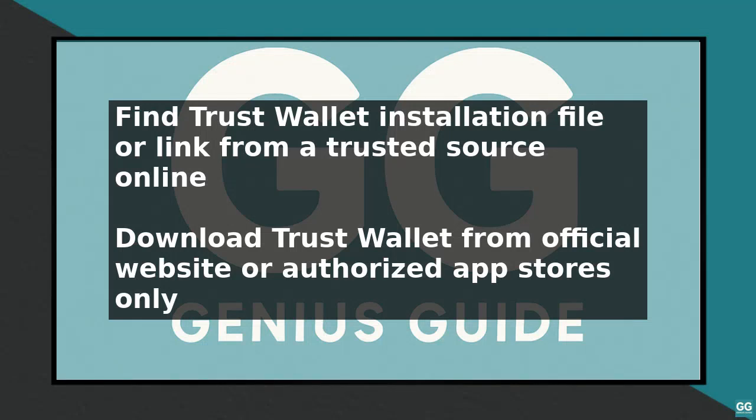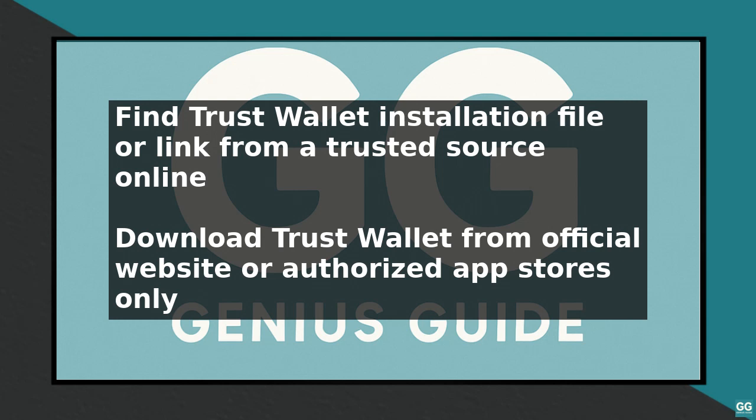To install Trust Wallet, you first need to find the installation file or link. Trust Wallet is a popular mobile wallet for storing and managing various cryptocurrencies. So it's essential to download it from a trusted source. Start by going to the official Trust Wallet website, which can be found by searching for Trust Wallet in your